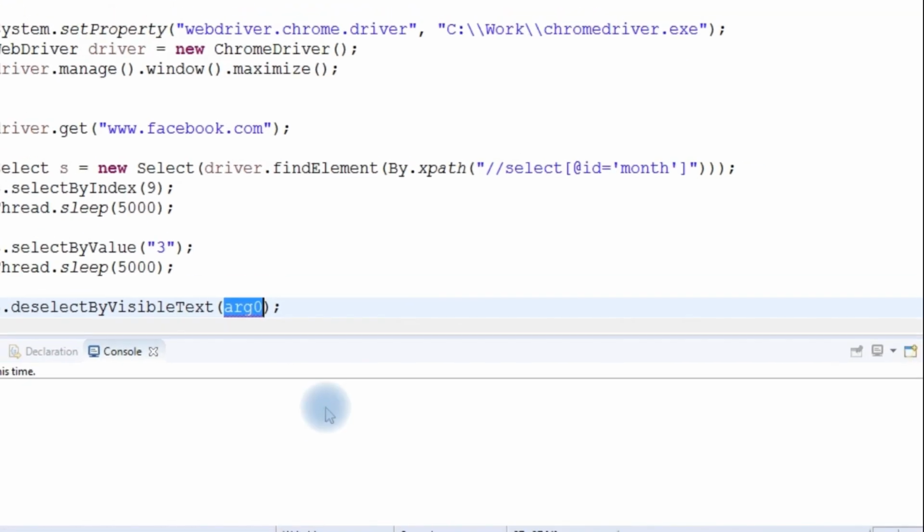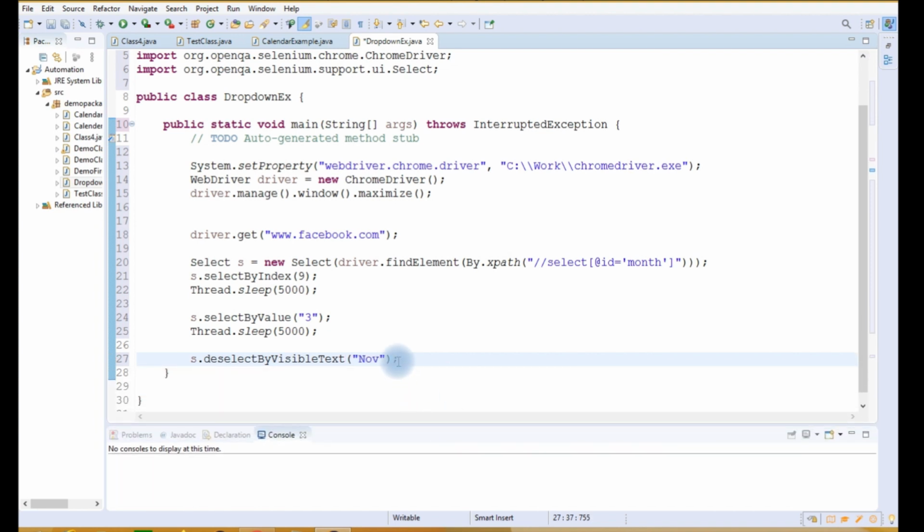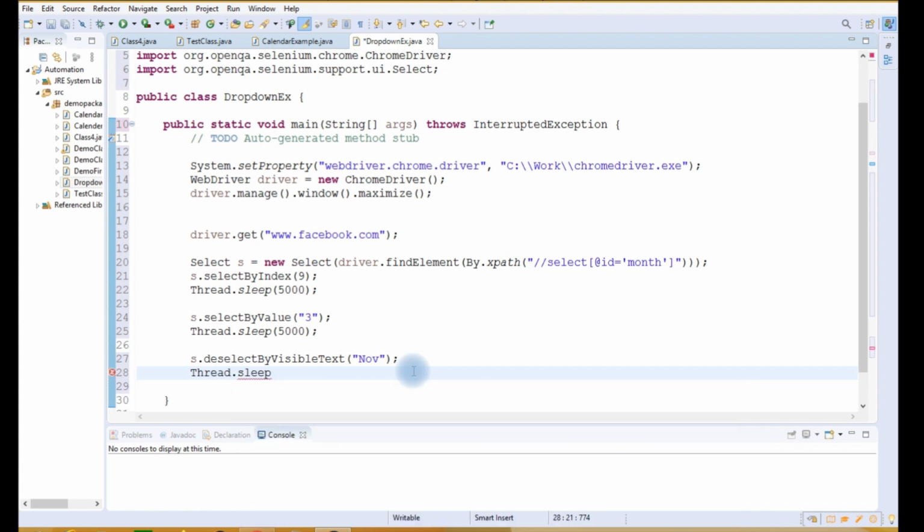So I will write NOV here. What it will do is select the value that is present at the NOV visible text, right? After that I will also write thread.sleep so that we are able to see what is happening on the screen. It will open the Facebook website first, then it will select the value that is present at the 9th index.